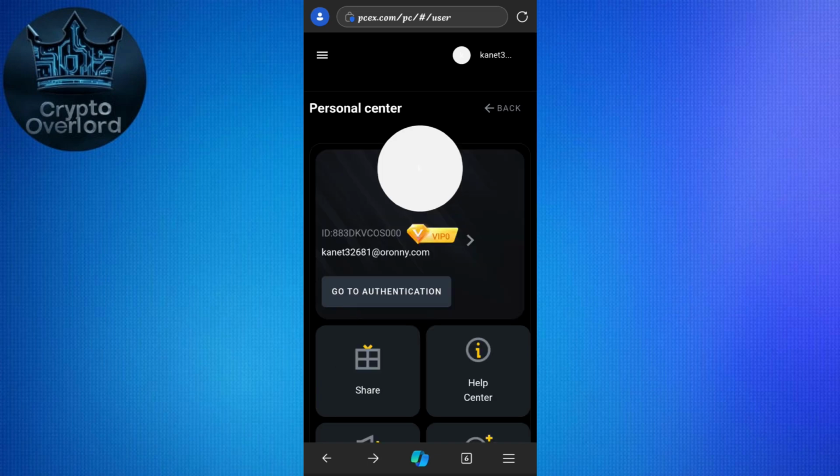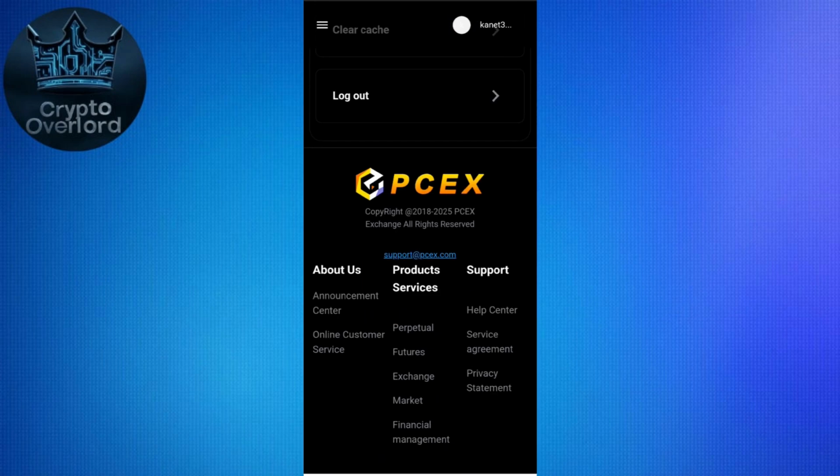Then you need to just go back and scroll down to the bottom. Over here you will see this email that is support@pcex.com. So you will have to simply mail them the same screenshots and the same queries. You will have to just send them an email, and you need to then wait for the responses